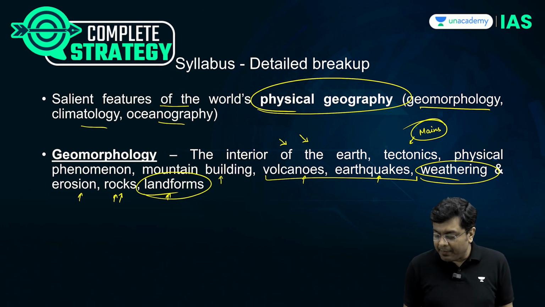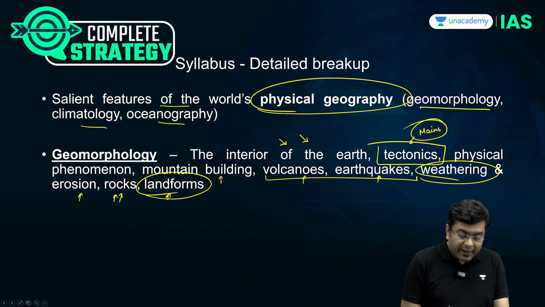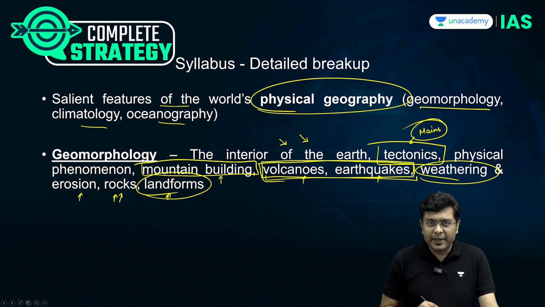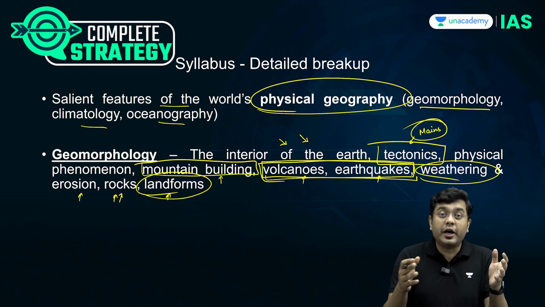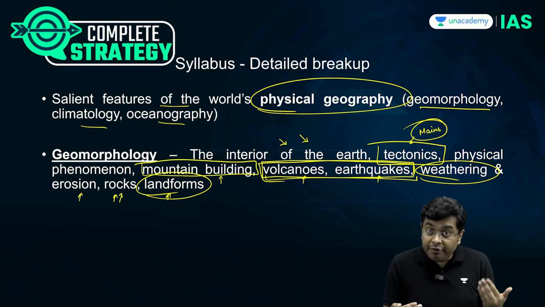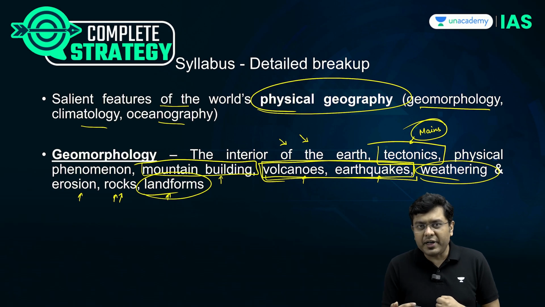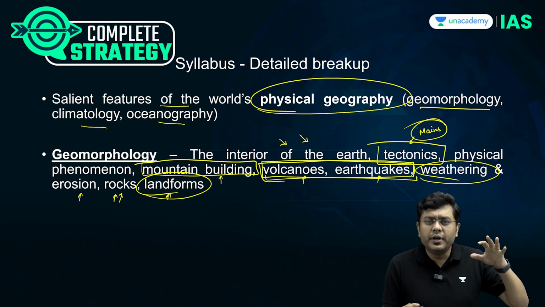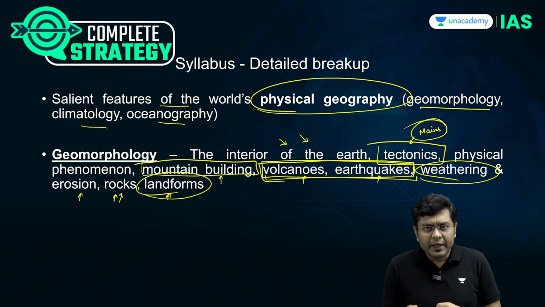But when it comes to the mains examination, plate tectonics, then the aspect of mountain building, that is fold mountains, the volcanic eruption, volcanoes and earthquakes, these are relevant for your mains exam. For example, why is it that the region around the Pacific experiences frequent eruption of volcanoes and frequent seismic or earthquake activities? This is again a question that UPSC has asked multiple times, both in the optional as well as in the GS paper. So that is something that you have to concentrate upon.